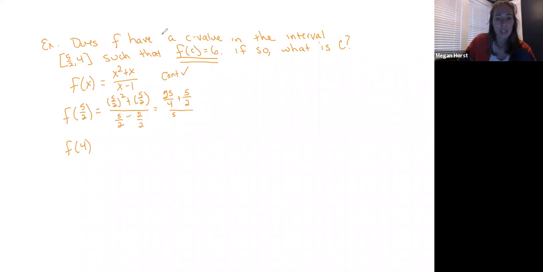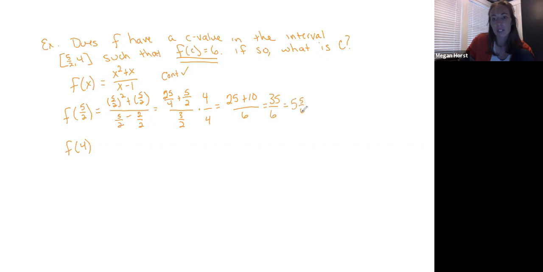So we would get 3/2. And now I see that I have a common denominator of 4, so I'm going to multiply my numerator by 4 and my denominator by 4. So that's going to leave me with 25 plus 10 all over 6, which gives me 35 over 6, or